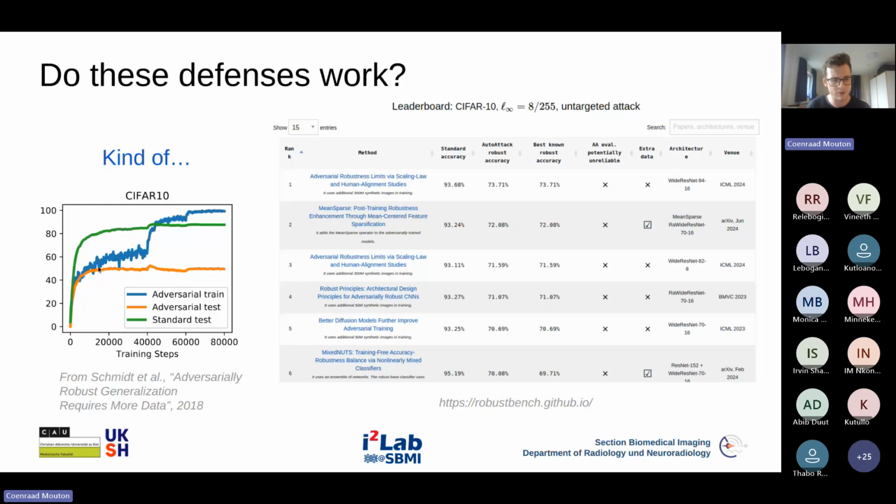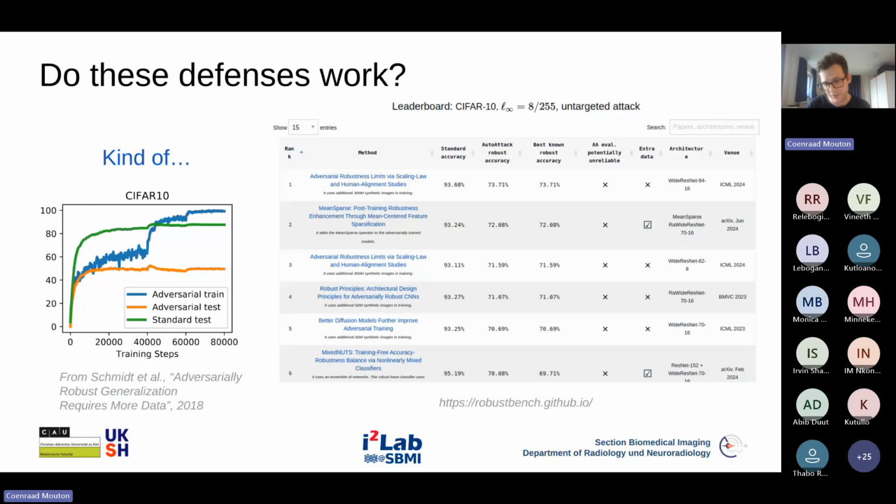You can see that as the model learns, this accuracy increases steadily, and it gets almost 100% accuracy on these adversarial examples on its training data. However, if we look at the orange curve on the test set, we see that the performance quickly plateaus at just above 40% accuracy, and it doesn't improve any further. So essentially, the model is overfitting to attacks on its training data, and it's not learning to generalize the robustness it's learned to unseen examples, to the test set.